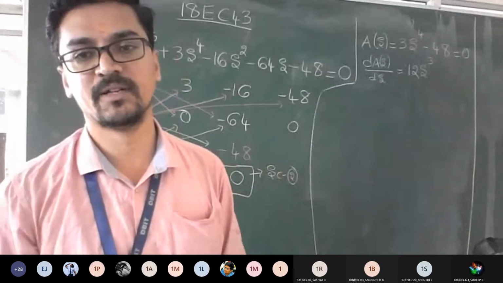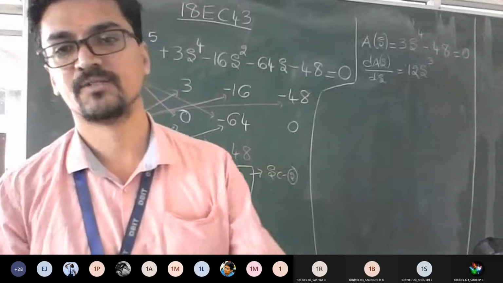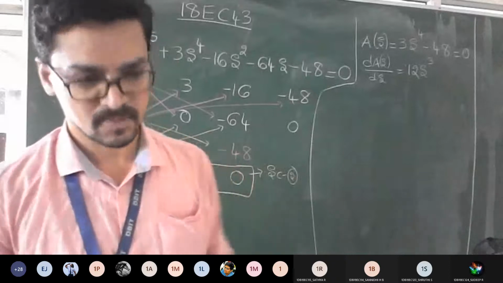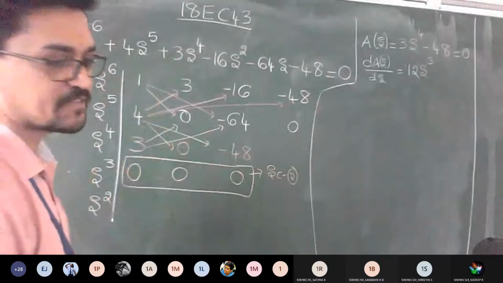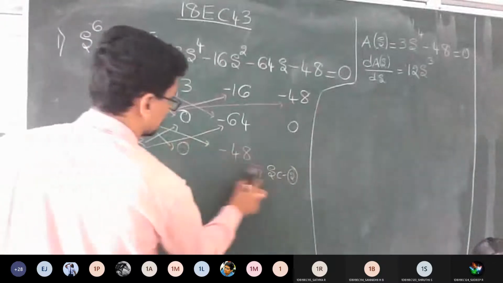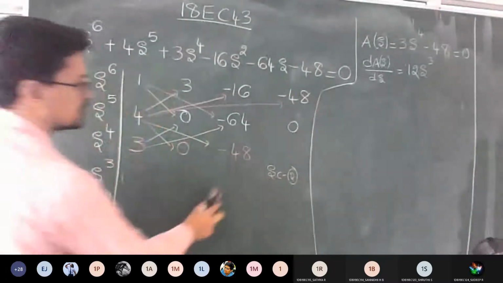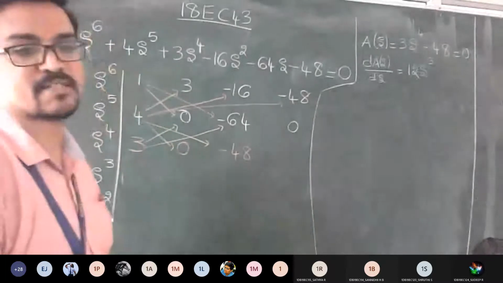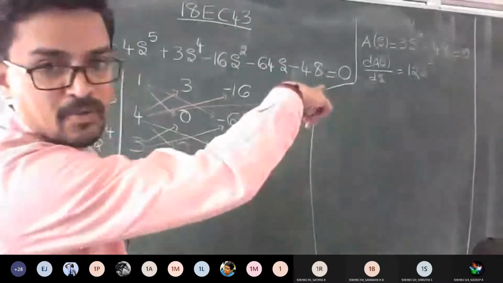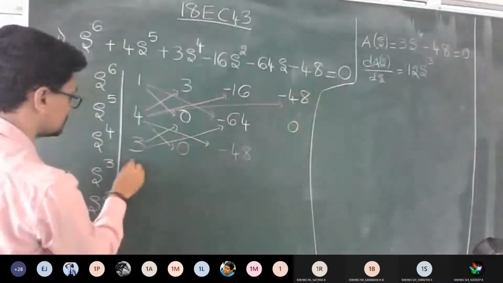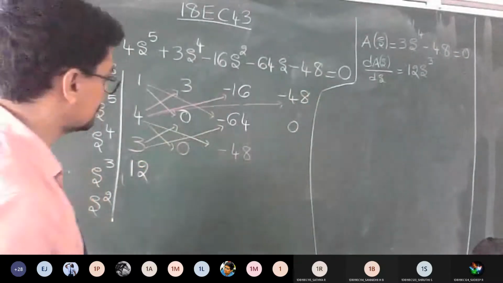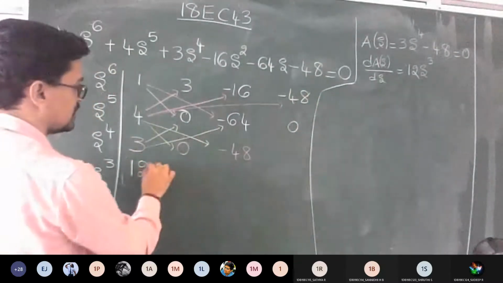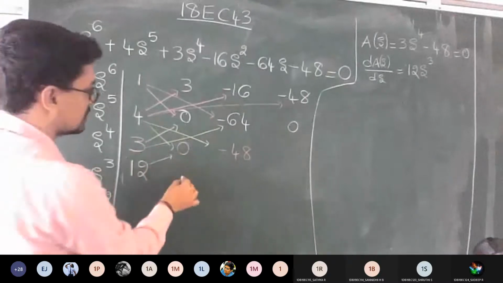Step number 3, you need to build a new table, right? So build a new table, everyone. Let me write in this itself. After writing the new table, what are you going to get? I need to replace this with what? The coefficient of your differentiation answer, that is 12. So I got 12 here. Correct? So let's proceed. To get this answer, 12 into 0. I hope you got 0 here.